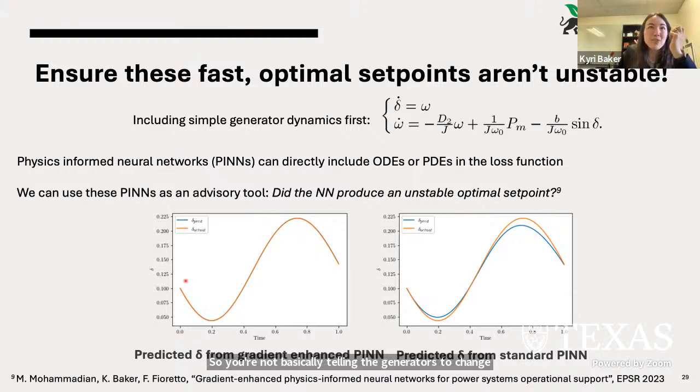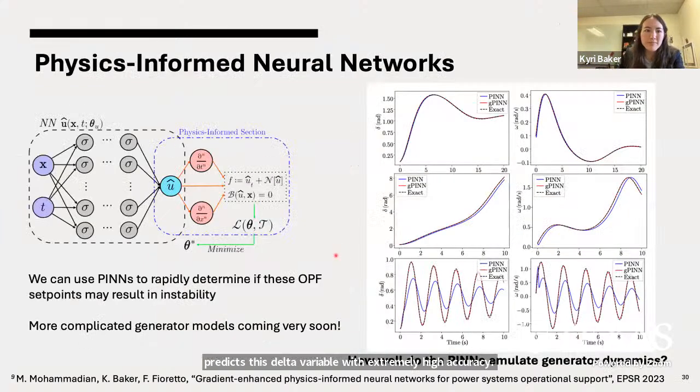Without going into too many details, this is a very simplified generator model. It's called the swing equations for a generator. We have this delta variable that basically indicates stability, and you can see that the neural net we developed predicts this delta variable with extremely high accuracy. So this would tell us if we're going to have an instability. The way this works is that the physics-informed portion of the neural net embeds the differential equations directly into the neural network. So as you perform inference, moving from left to right and making a prediction, it attempts to satisfy